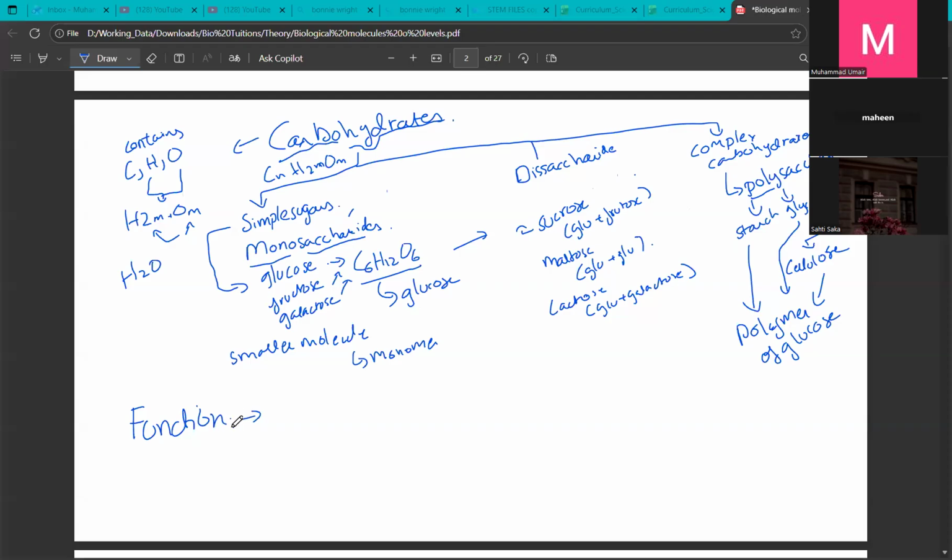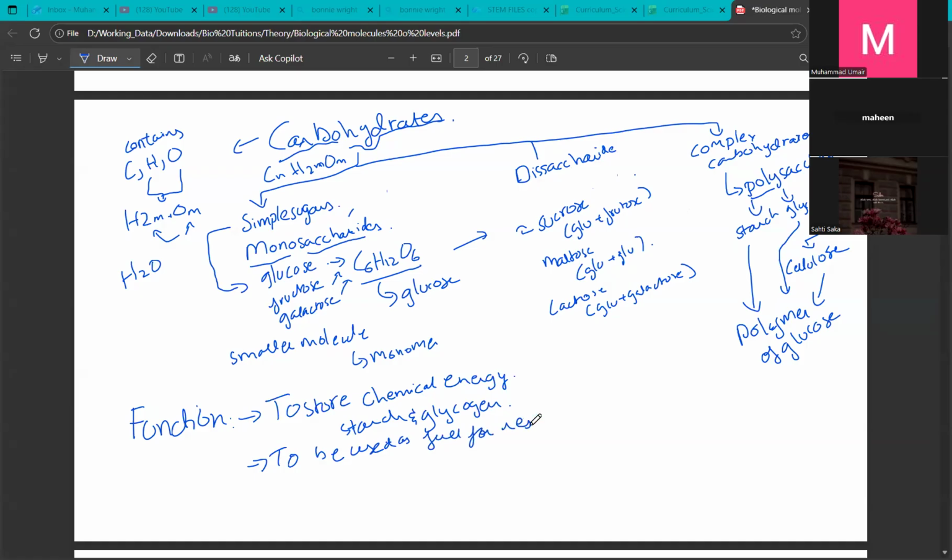The general function is to store chemical energy, which is the function of starch and glycogen, to provide energy for respiration, actually let's phrase it better, to be used as fuel for respiration,